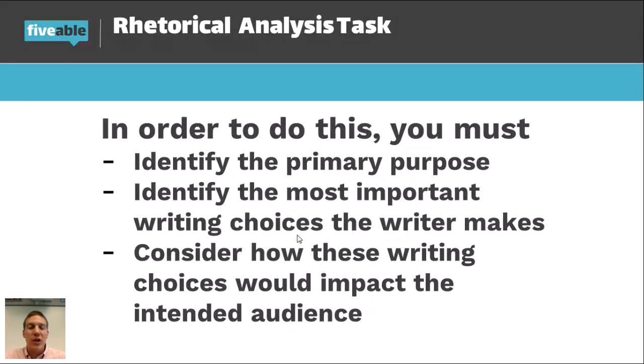So you don't want to just talk generically about, well, this is important or this is effective because. You want to avoid that. You can get a 5 or even a 6 doing it that way. But to really open up those high-level scores of analysis, you must talk more explicitly about the audience. So this would shift the audience's mindset here, and here is why. So that's the last bullet point. How would this impact the intended or the primary audience?